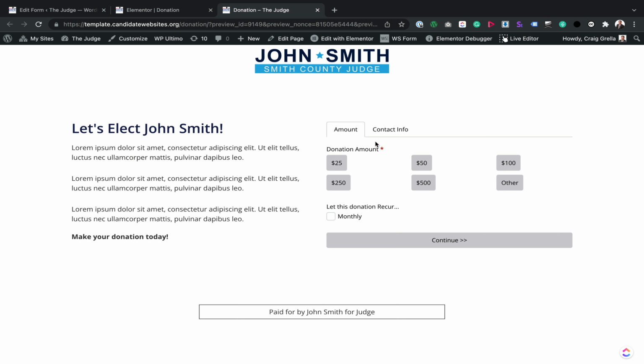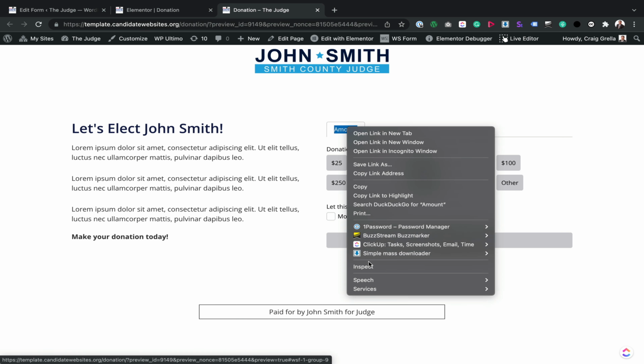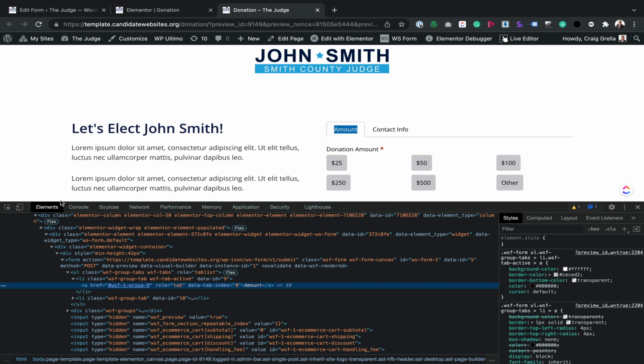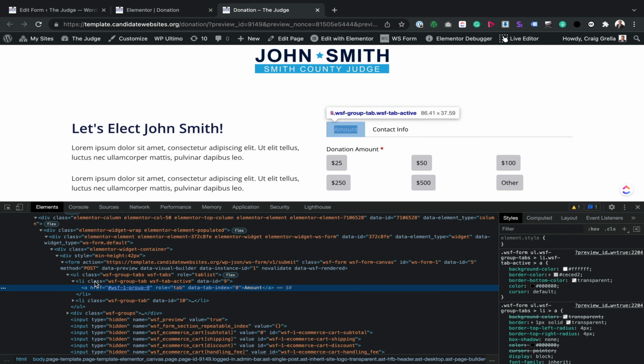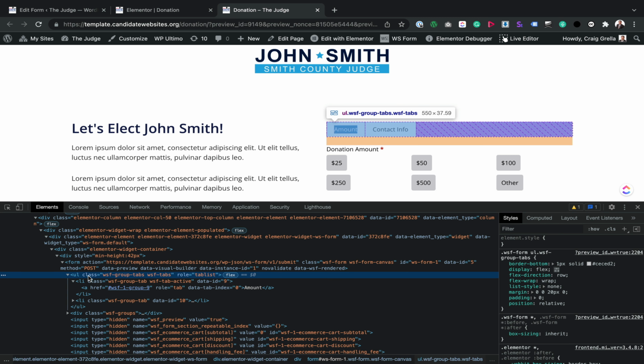One of the first things we want to do is to hide the tabs. We don't want these tabs to be visible. It gets done with the continue and the next button. So let's inspect that. If we go and inspect these tabs, what we will see here is that's just one of the tab items. And there's the unordered list right there, and it's